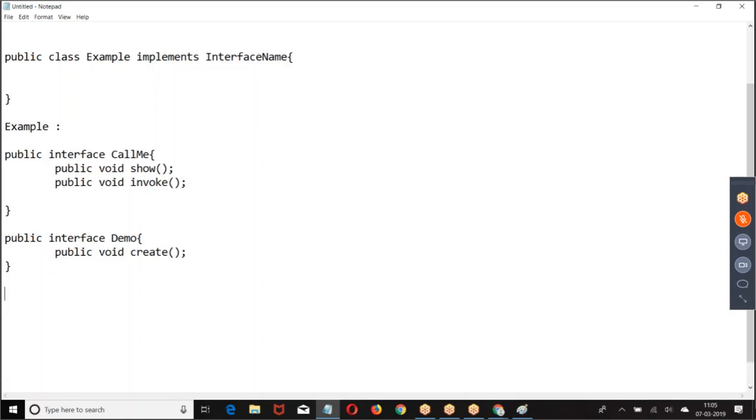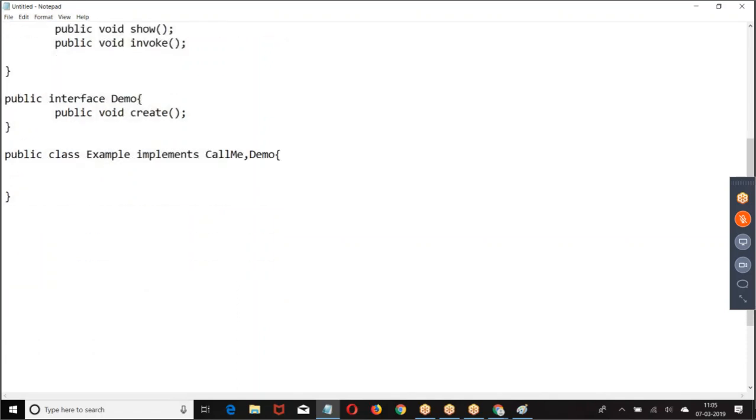Then what are you supposed to do? Public class example implements call me, public interface demo. Now the class is implementing call me and demo.